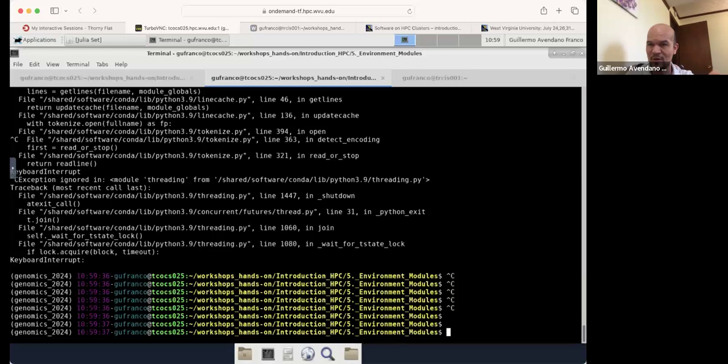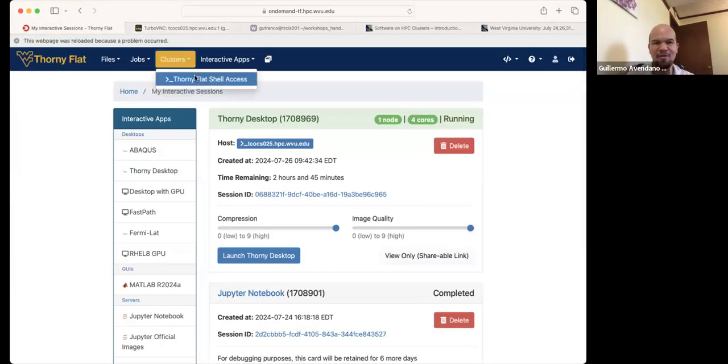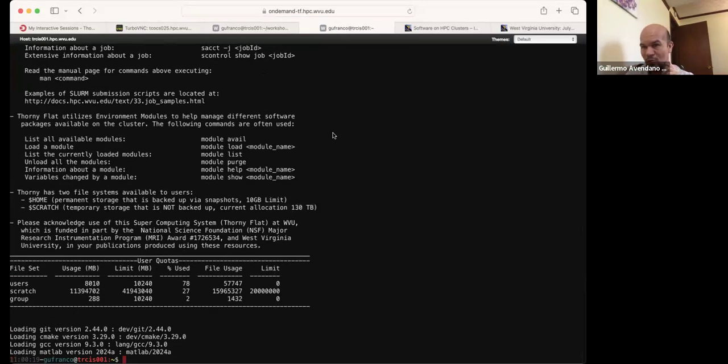Everything that you want to do related to creation of conda environments needs to happen on the login node. Right now, I am using the virtual desktop because it was easier for me to demonstrate with it. But here I am on a compute node. A compute node has no access to the internet, so of course I cannot install new packages or anything, simply because I don't have the internet access required to do that. So I need to do it on a terminal that is on the login node, on a node that has